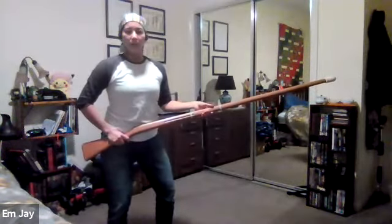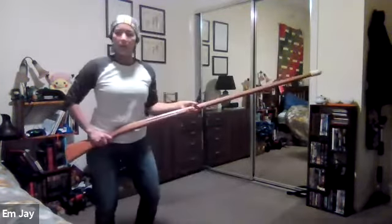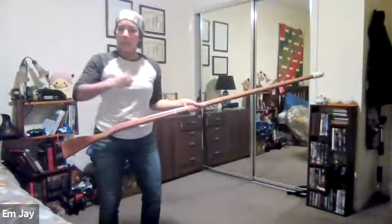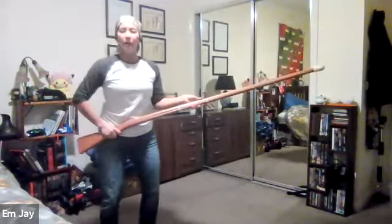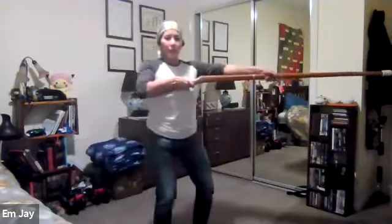So we're just going to do some basic kihon. We're just going to do this with a single step and return. All we're doing is maitsuki and return. So in your own time, I will make a count, but you don't have to follow it. Hajime, 1, 2, 3, 4,